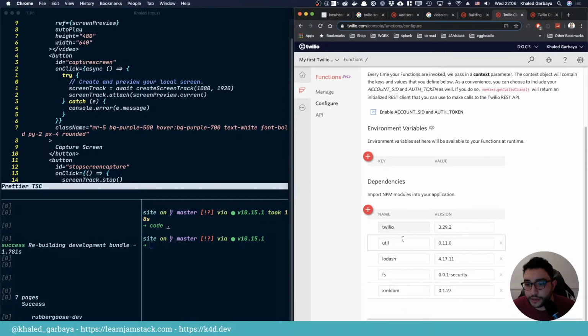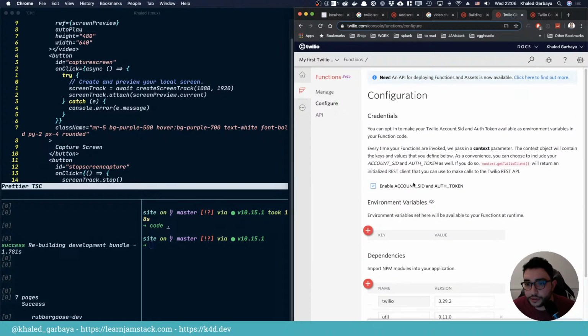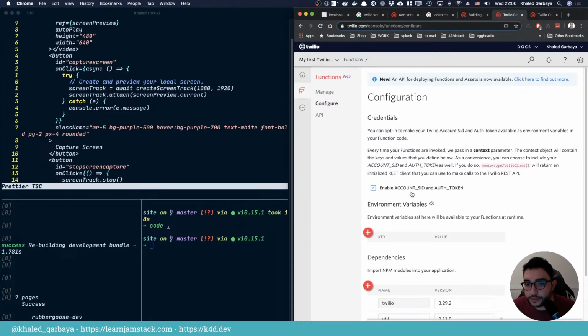We will have these dependencies, and I think we can add more. So this will be, okay, account SID, auth token. So we'll return an initial response, something. Twilio account SID and auth token available as environment variable in function. So if we save here,